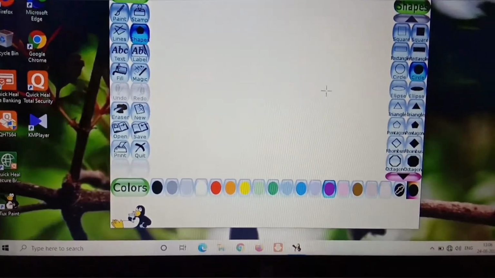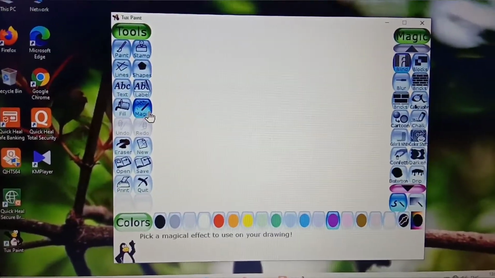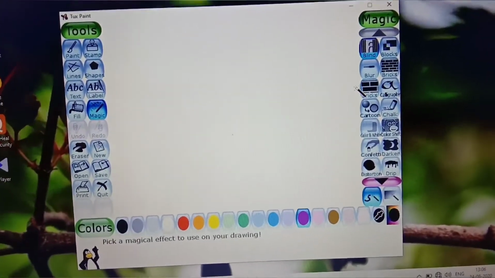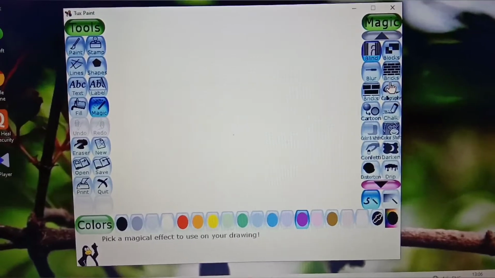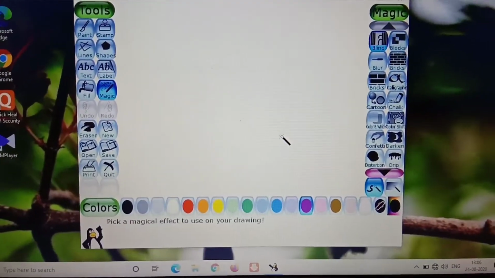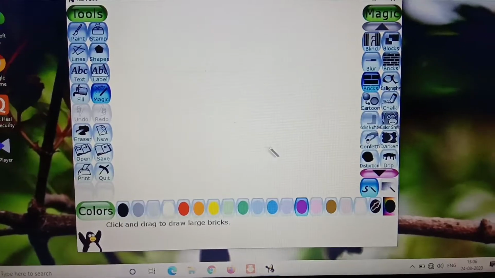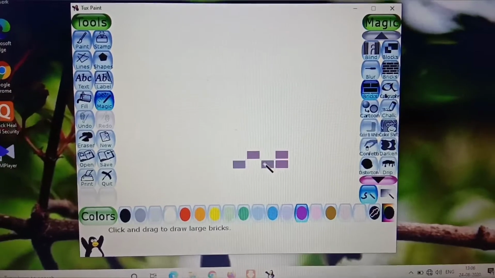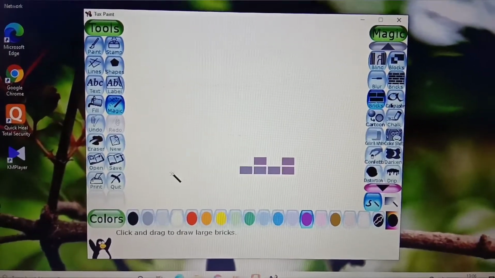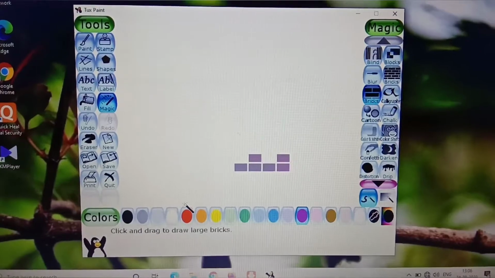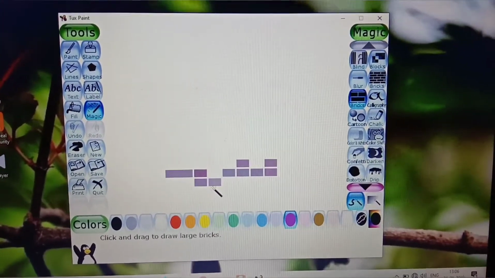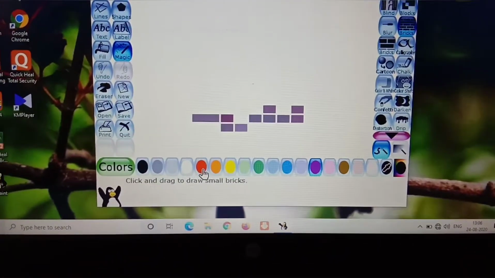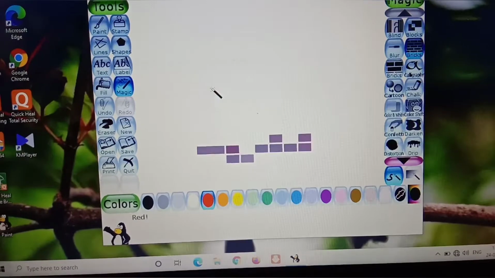Okay, so first click on the magic tool from the tools. Then first you are going to learn about bricks. You can see there are two types of brick, a bigger one and a small one. First you have to click on it, then you have to click on the drawing canvas area. Okay, if you single click, then one will come. If you drag, then it will come like this. Okay, now comes the small one. You can select the color. Okay, if I select the color, you can see.